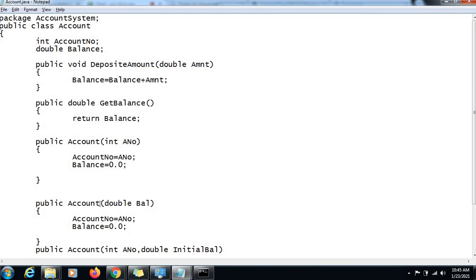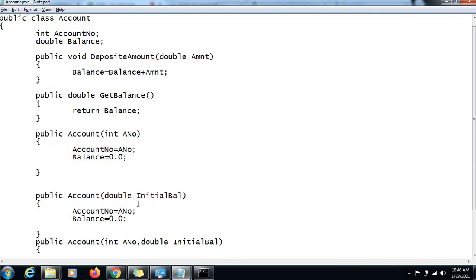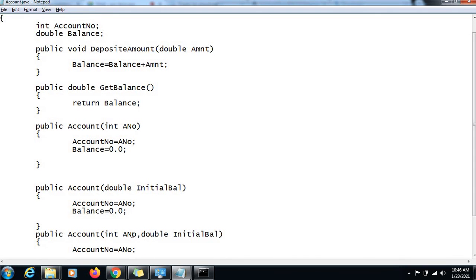Another choice would be the customer will only mention the initial balance, and the account number would be of the bank's choice. And the third option is to mention the account number as well as the initial balance, right?